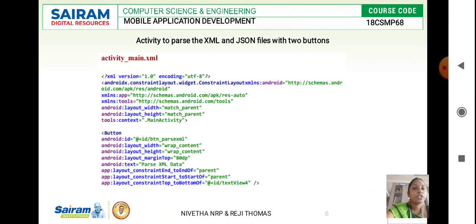Okay, so the version we are using here is 1.0, and the encoding technique we are using is UTF-8. Now, what are the tools we are using, what is the width of your app, what is the height of the app, and what is the context, everything will be described under the main XML file. Then we have 2 buttons, right?